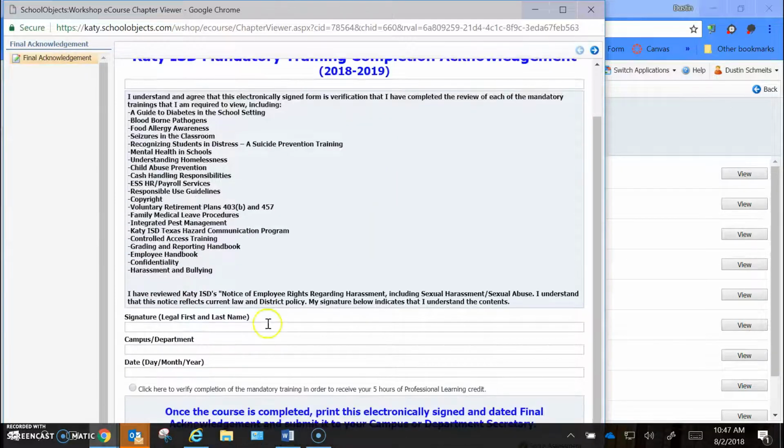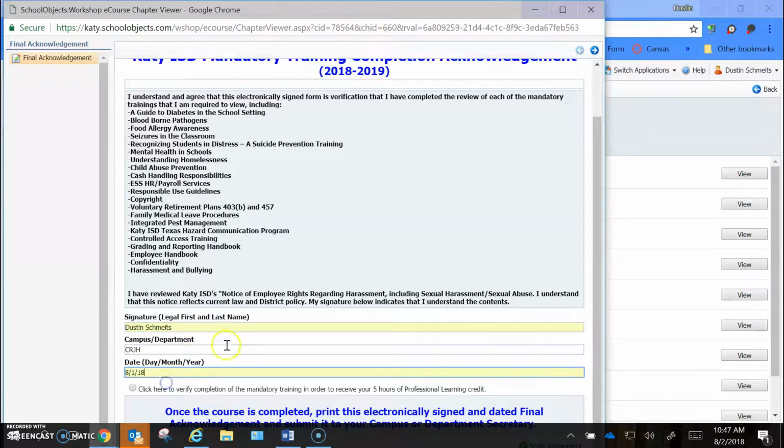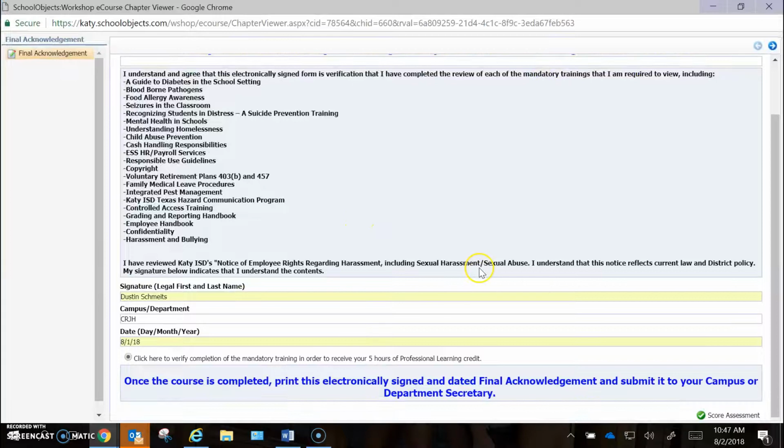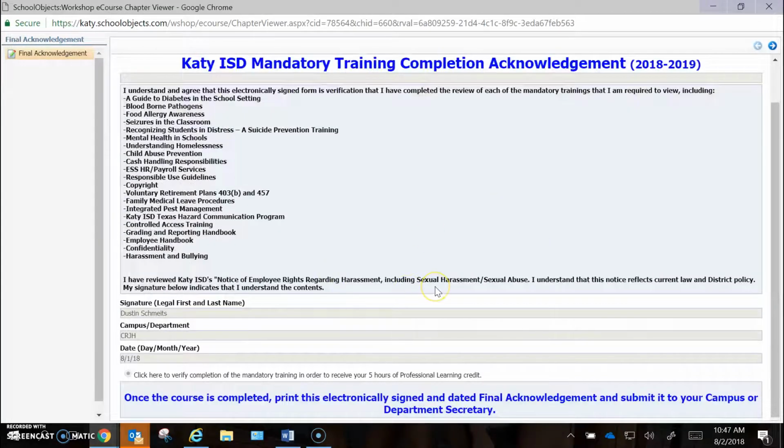This is the final acknowledgement. You'll type in your name, CRJH, and then the day, month, and year. Click that you verified that, and score assessment. And then from there, you're going to print this, so you'll hit Control-P to print that